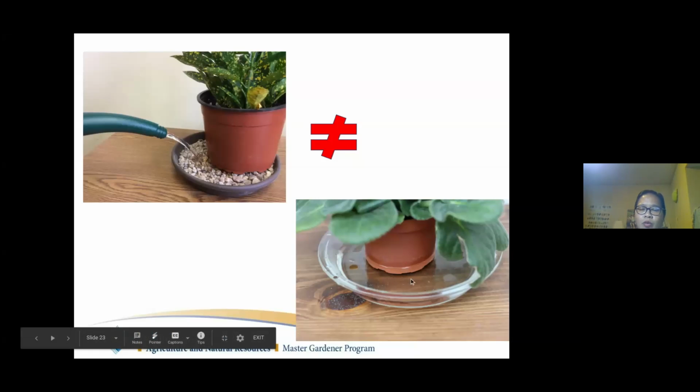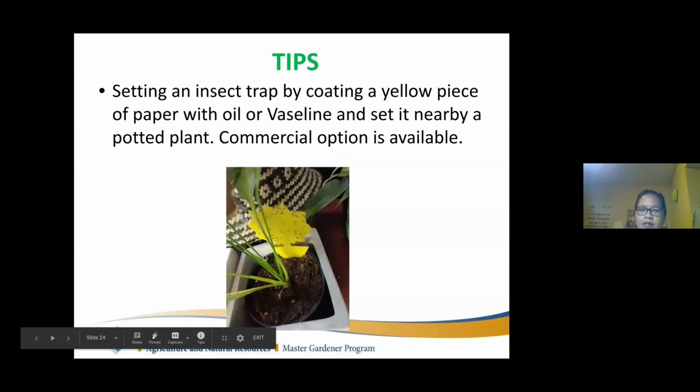So when you bottom water, you only leave it up to 30 minutes, and then that's it. If there's water left, they don't need it anymore, so the water goes through those holes on the bottom. So then this is the gnat that I was mentioning. These little fungus gnat flies,